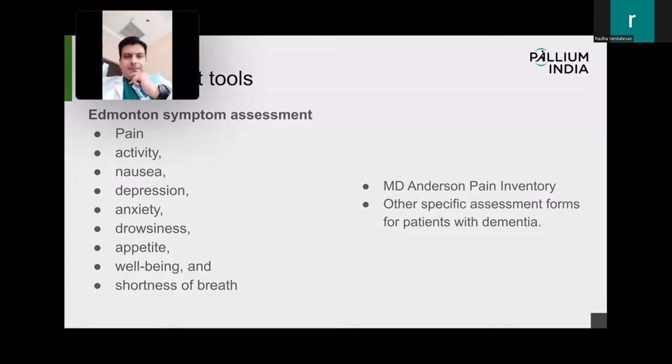So by slowly teaching them or telling them, this is how it will be, but you can do something. For example, I told you, no activity. So you can tell them simply sit, stand. That's a common thing called for the very, very frail. There's something like sit-stand exercise. You can just tell them, don't worry, you can't do anything. In 1 hour, do sit-stand 1 or 2 times when you can. So these are the type of encouragement which we have to give them. By doing that, activity, depression, anxiety, all those 3 can be covered.